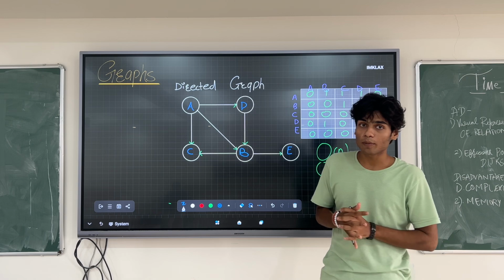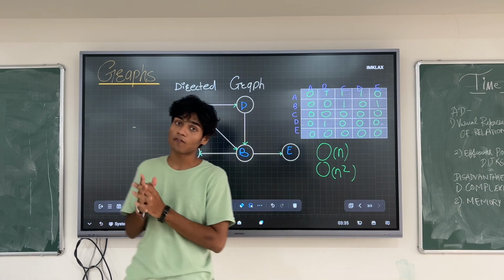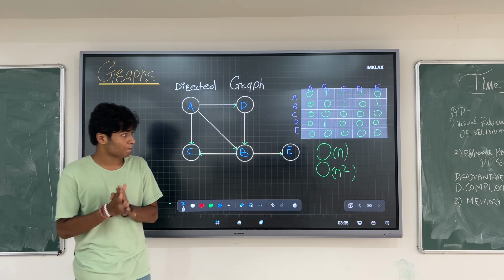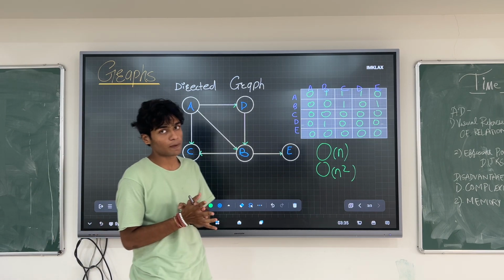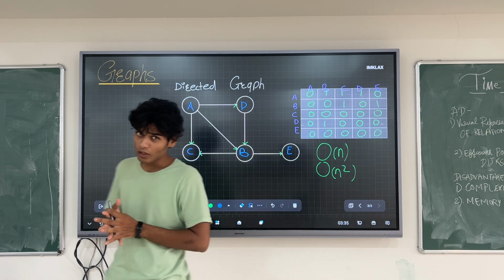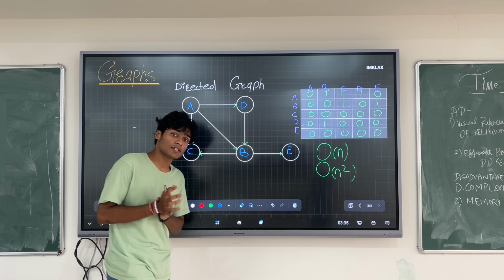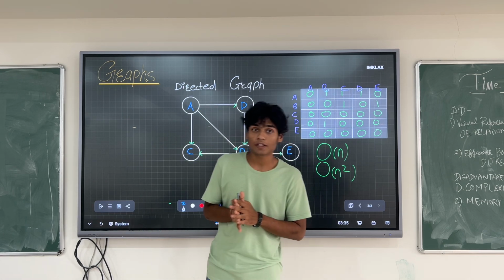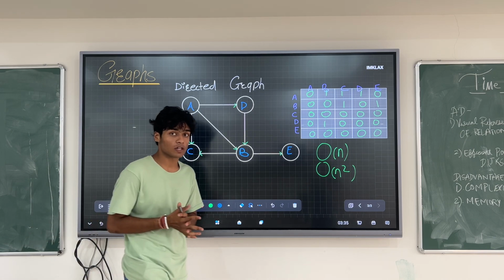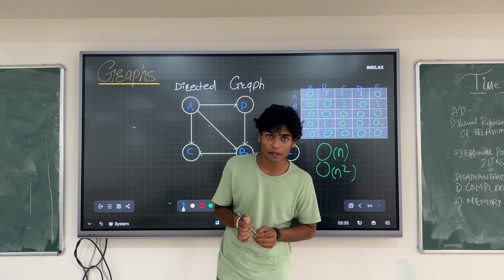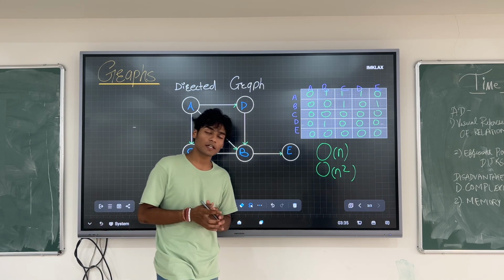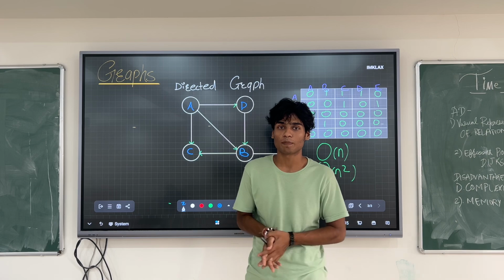Now we will talk about some advantages and disadvantages of graphs. The advantage of graphs is that it is suitable for a wide range of applications, and it is suitable for complex applications. Another advantage is that it is easy to find the shortest path, and it is faster to traverse. Some disadvantages of graphs are that it is very complex to implement in code and in practicality, and another disadvantage is that it has a very large space complexity.